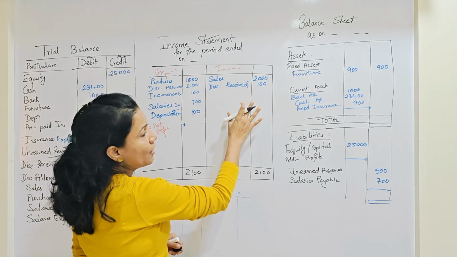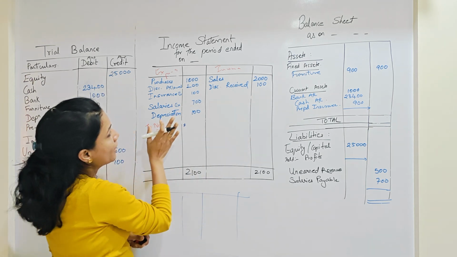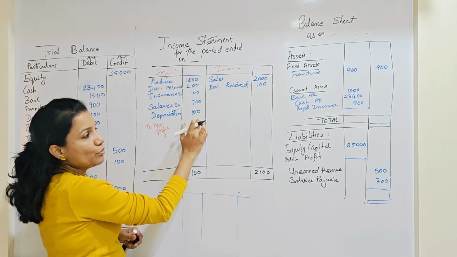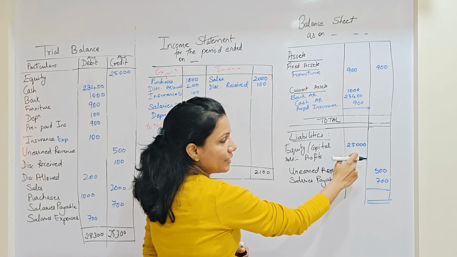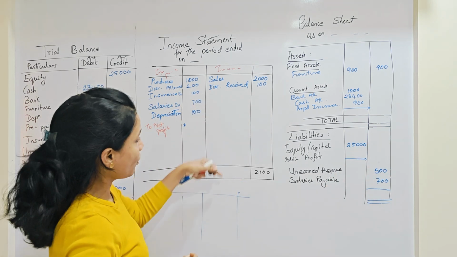If there was a profit, what should be the scenario? Credit side should be more. The income side is more, expenses is less. So the difference amount will be profit, and this profit will be added here, and so the balance sheet will tally. Now since there is no profit over here,